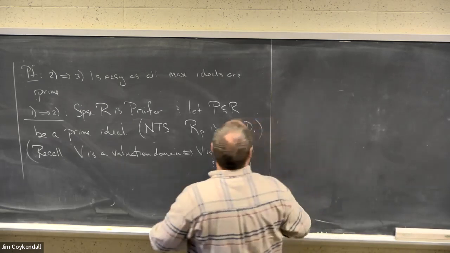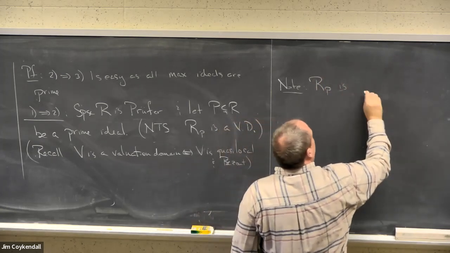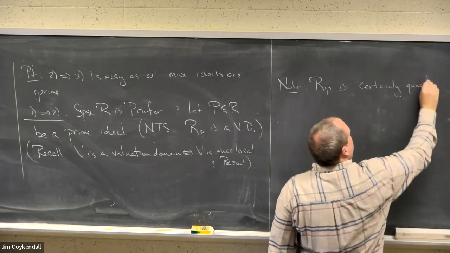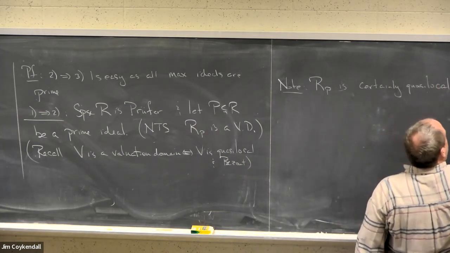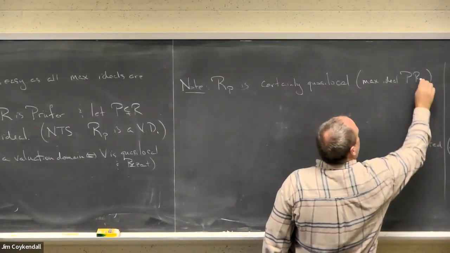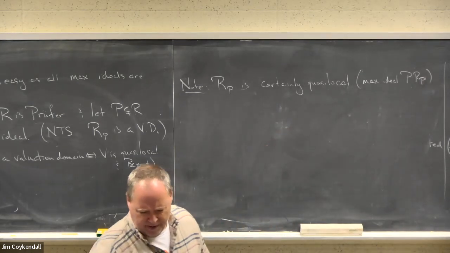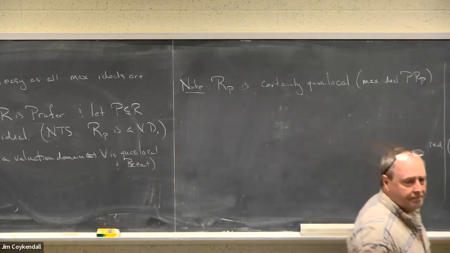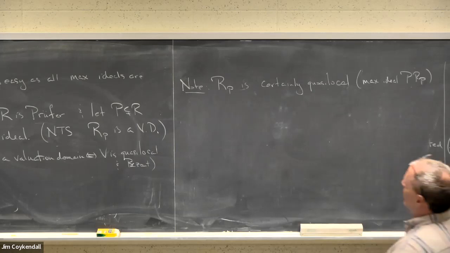Okay, well, note R_P is certainly quasi-local, with the maximal ideal generated by P. Now all we have to do is show that it's Bézout. So we've got the quasi-local. Now what we need to do is show it's Bézout. That is, we need to show that every finitely generated ideal is principal. So let's